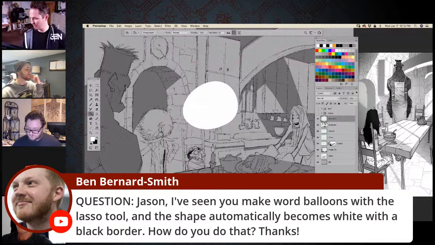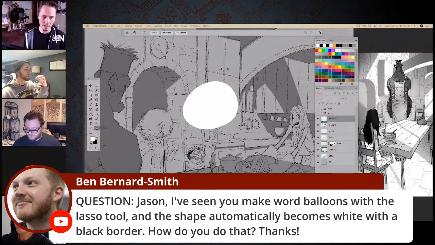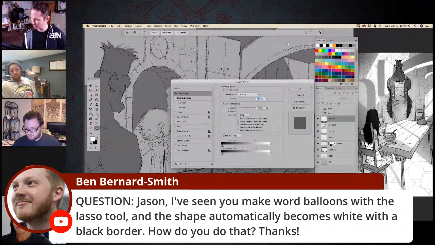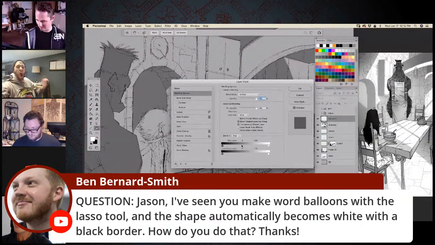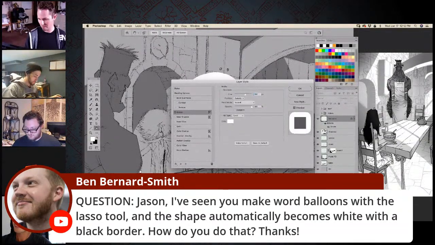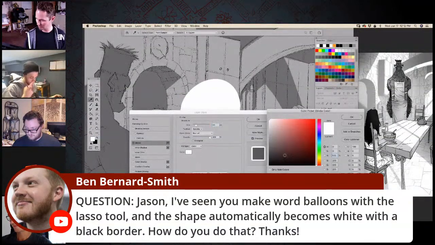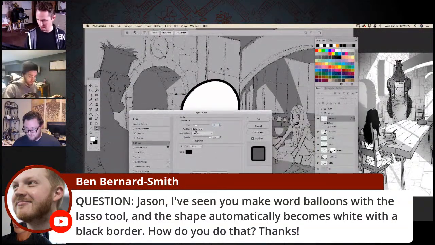So that's just basic. Any one of these layers you can double click on, and it shows up on my other screen. If you double click on any one of these art pieces, you'll pull up this layer style thing, and you can click on stroke, and adjust the color to be black. You can do outside or inside.